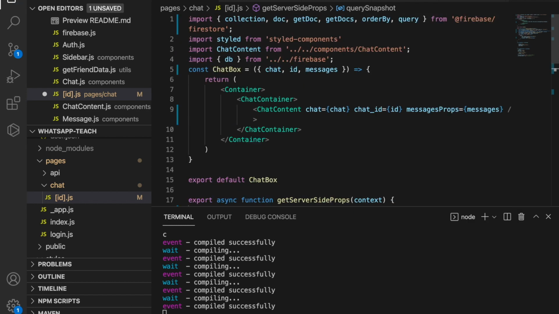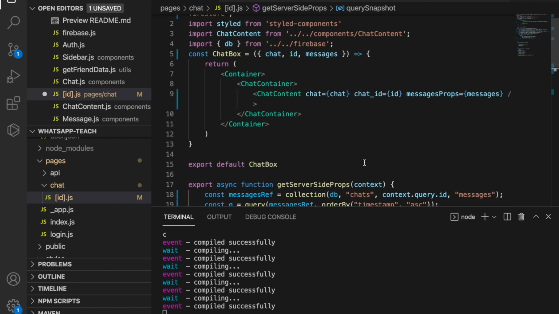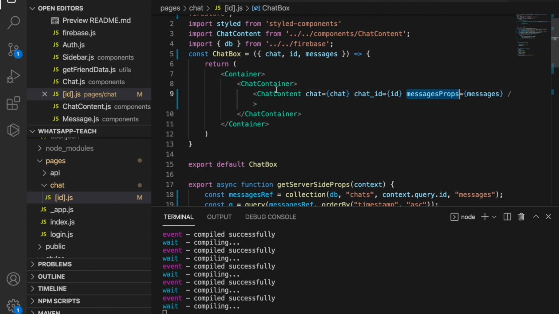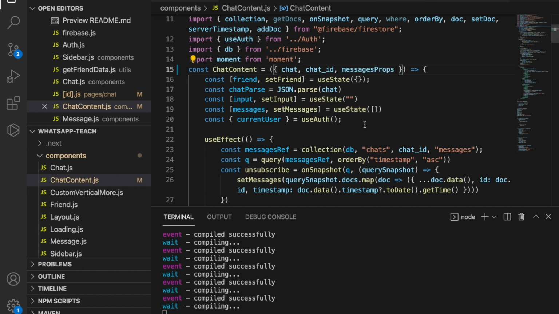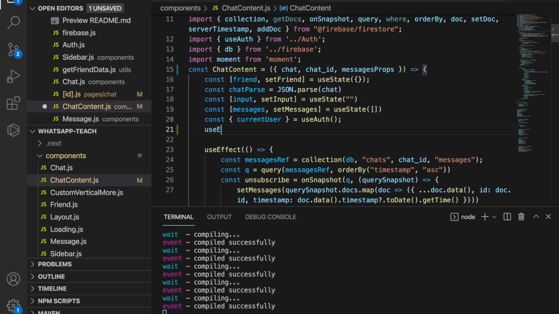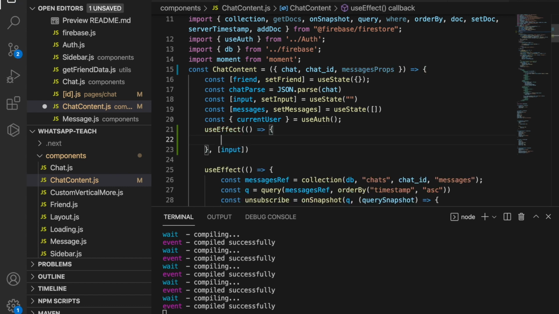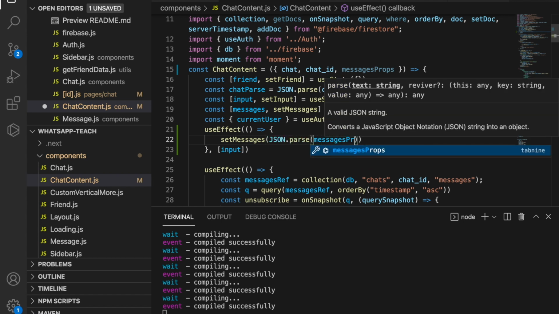I think we already imported all we need, so we can go to the chat content, and then we pass the message props here, and then we add useEffect, and then setMessage,